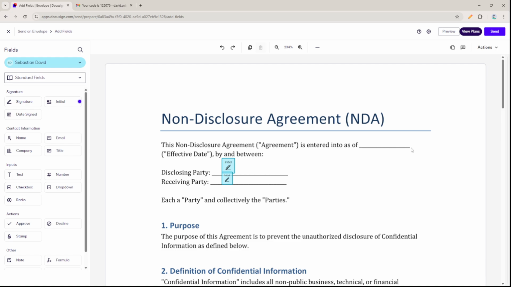And for long documents where initials need to appear in many places, consider using autoplace in the field's properties. Set a unique keyword, such as /initials here/, and DocuSign will automatically drop initials fields wherever that keyword appears